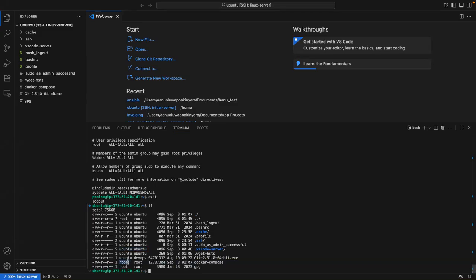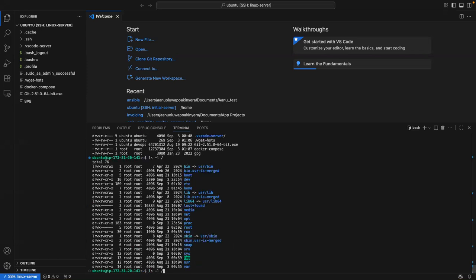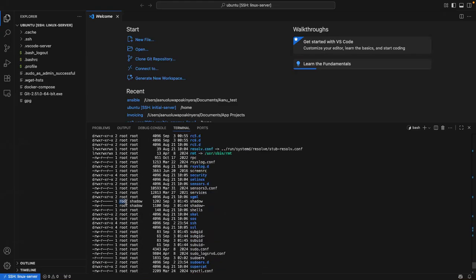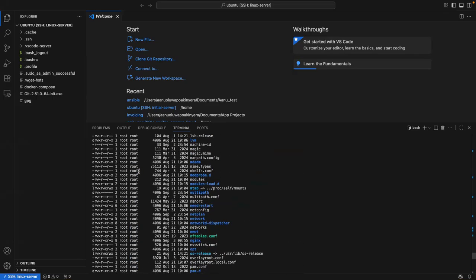The first one is the user, the second one is the group. So in most cases, let me do ls -l /etc, right? These are all root. Yeah, this is a root user, but it's in a group called shadow. So you won't always have root, Ubuntu. Even if you do, know that the first one is your user, the next one is your group. Know this and know peace.